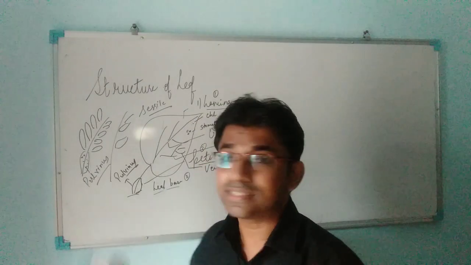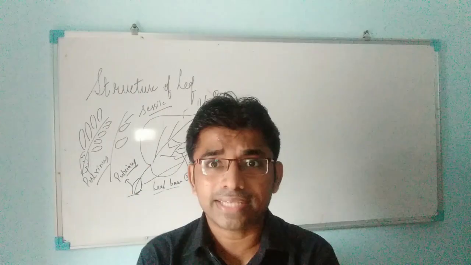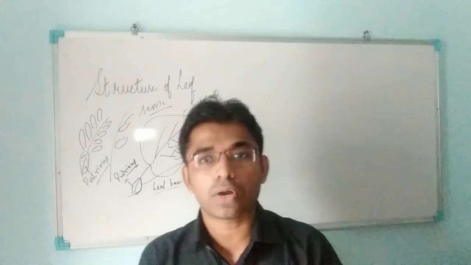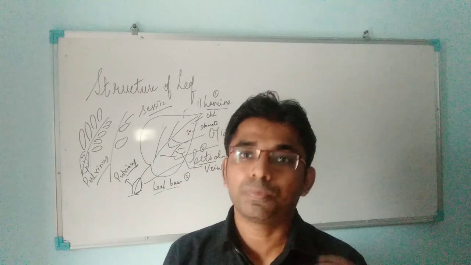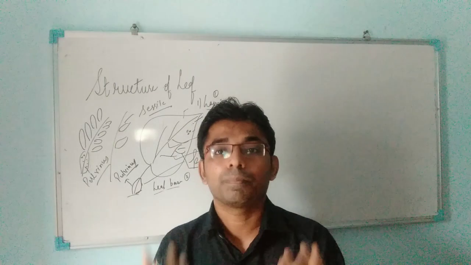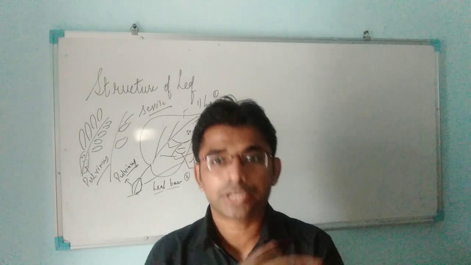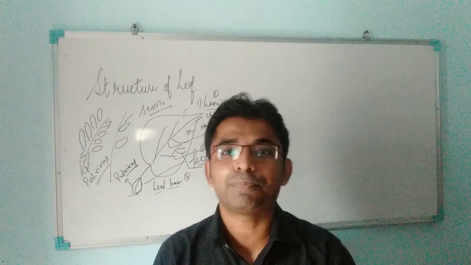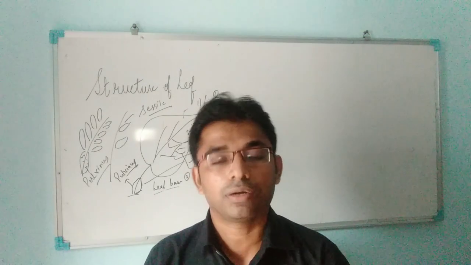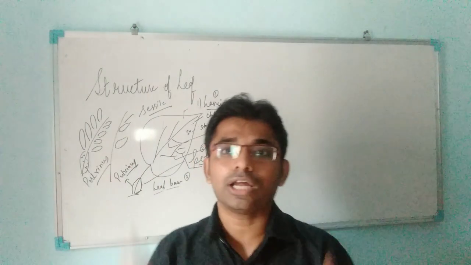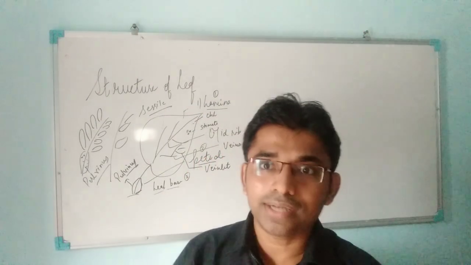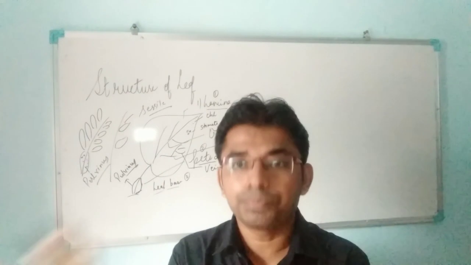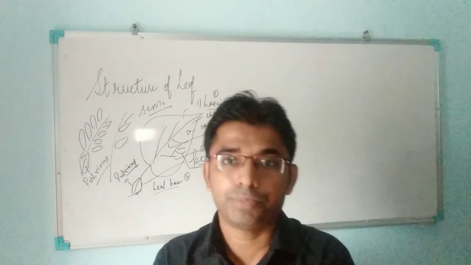So what is this pulvinus? It is the leaf base. When it is swollen, it is called pulvinus and it is clearly visible in the legume plant. What are legumes? They are the plants of the pulses family, leguminosae. All the pulses come in the legume family. So this is all about the structure of the leaf. The leaf structure consists of three parts: the leaf lamina, the leaf base and the leaf petiole. Thank you.